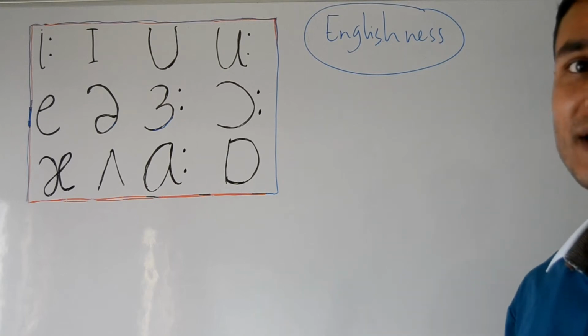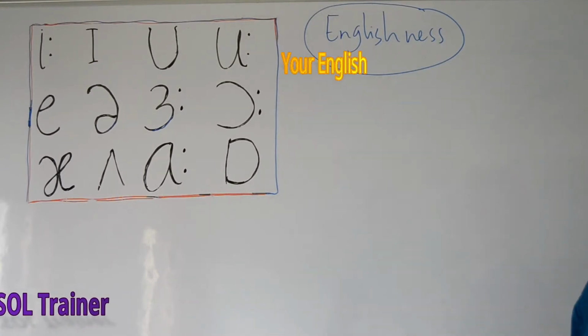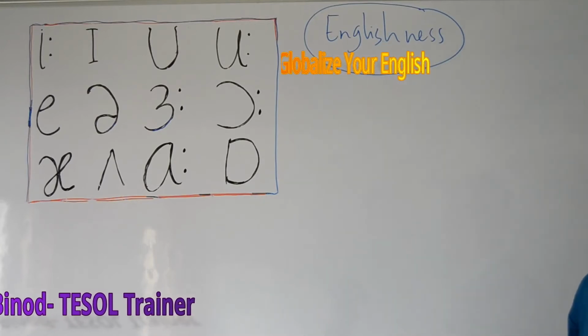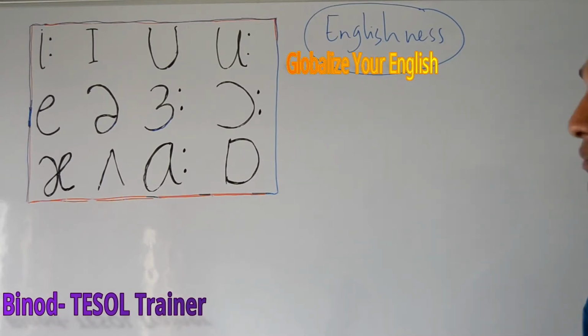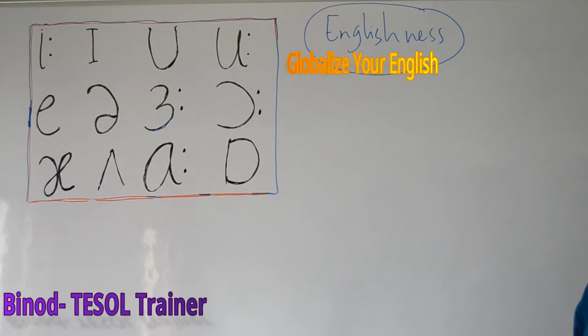how you will teach these sounds to the students in the class. It is very necessary to learn the sound system of the English language, as we already discussed, to get the Englishness in a student's language. If they learn these sounds, if they can produce the sounds in a proper way, they will be able to get the Englishness out of it. They will get Englishness. It means their pronunciation, their English will be intelligible and comprehensible for everyone, those who speak